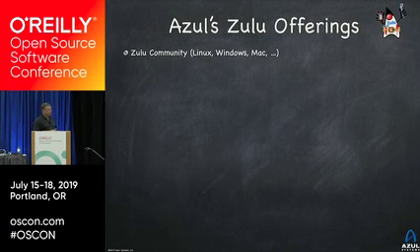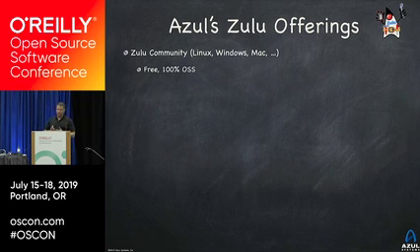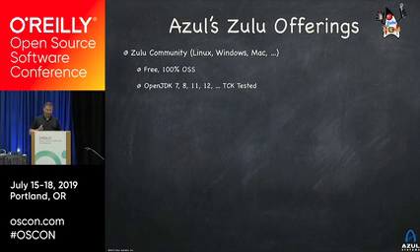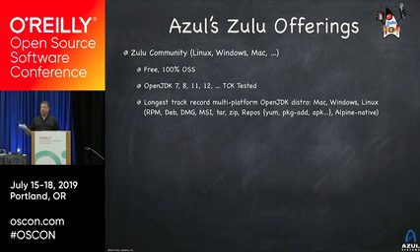The Zulu offerings have a few groupings. First of all, there's a free community offering. It's 100% open source. It's 100% free. It does all the different variations of Java, and it's actually the longest track record OpenJDK build out there that has things for multiple platforms. Notice that we have Java 7. We've just recently retired our Java 6. Other people are starting to talk about whether or not they do 8 or 11, right? And that means we've been around for a while. Our 7 will still be around for a few years because some people are still running it. The same will be true for 8 and 11 and our numbers after.